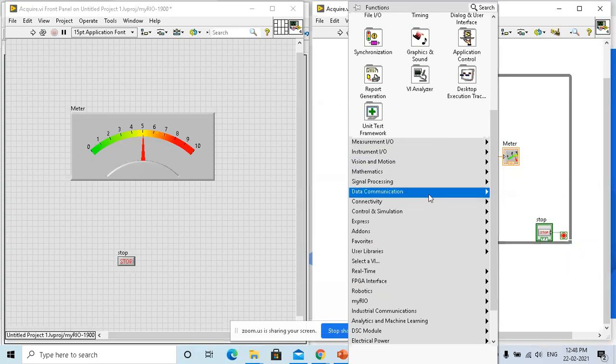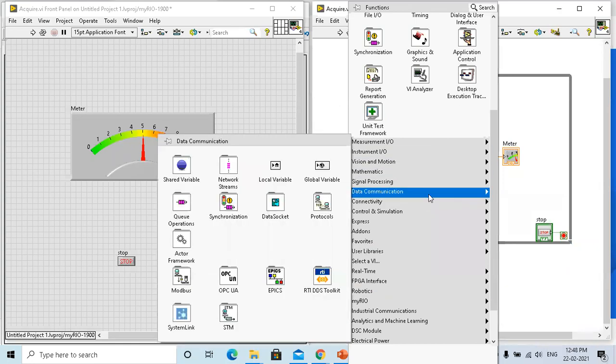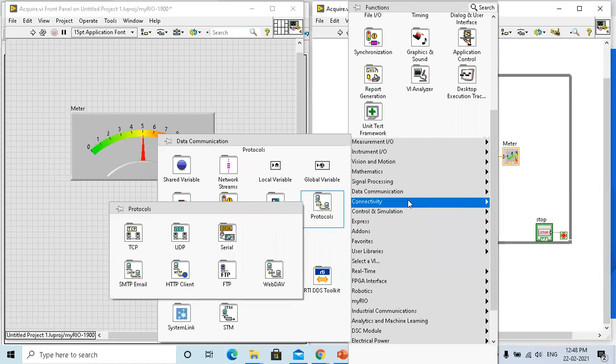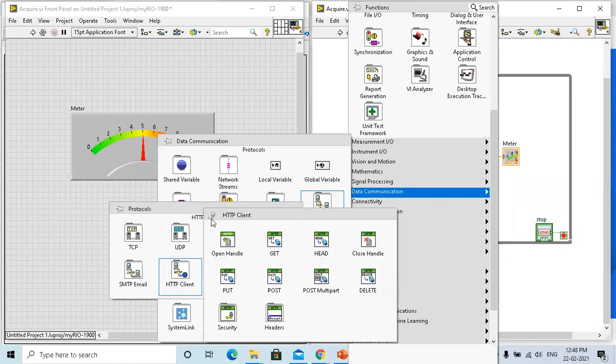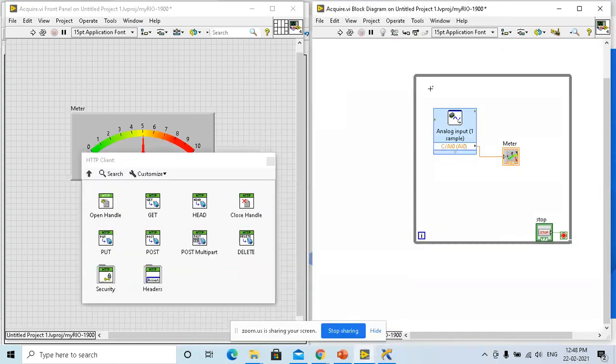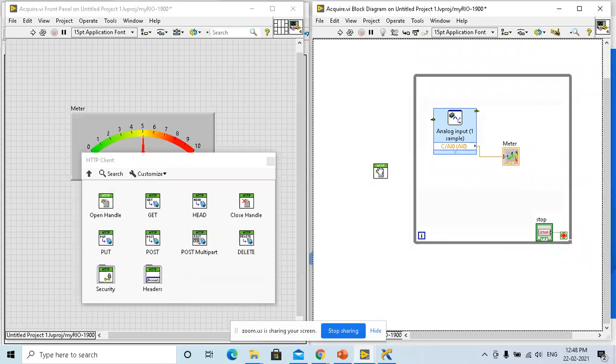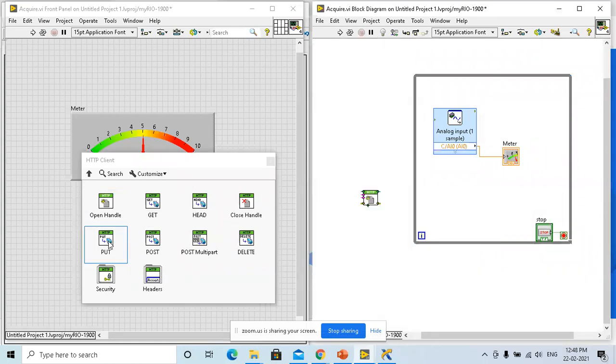If you see, there is something called protocols available in data communication, and we have this HTTP client available. We can use the HTTP client to push data from your hardware, this hardware program, to your cloud. I can just open a handle and put the data, and once it is done, I can also close the handle.